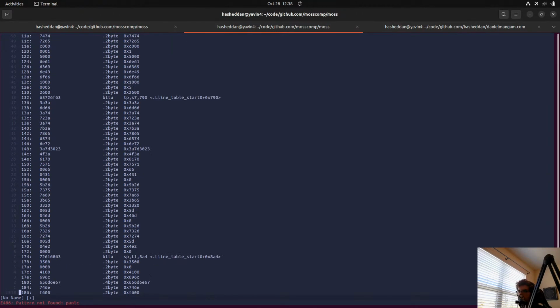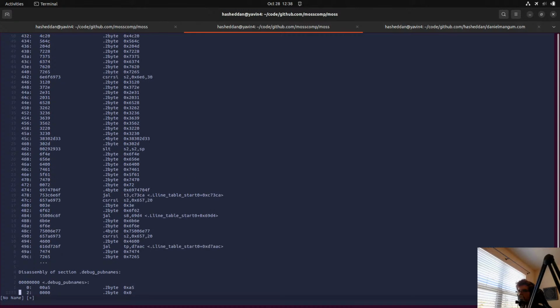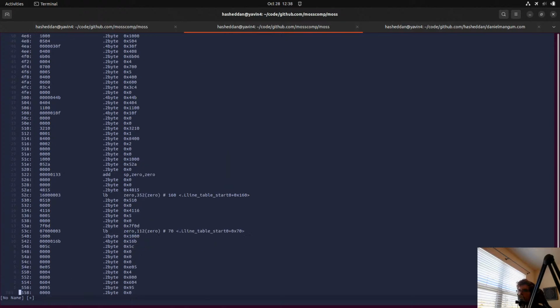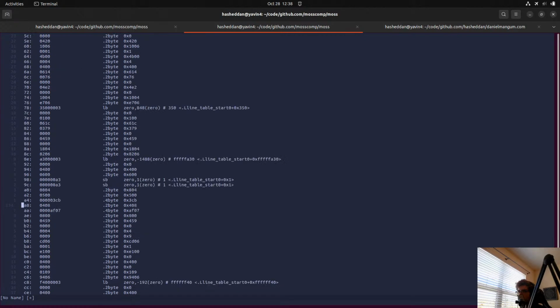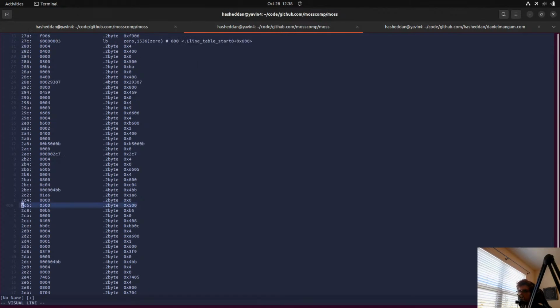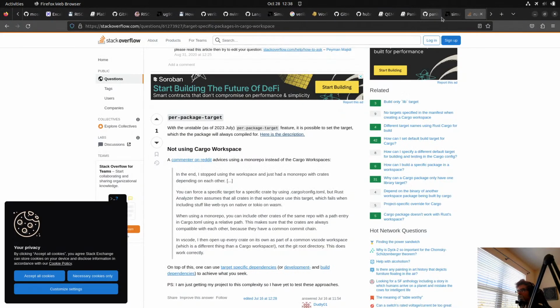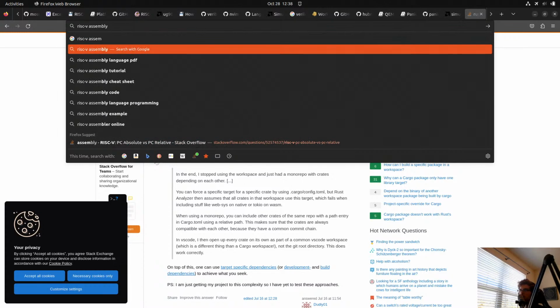Section, comment. But we can see all of, or some of, the RISC-V instructions that we've talked about here. We should talk about the 2-byte and 4-byte here.